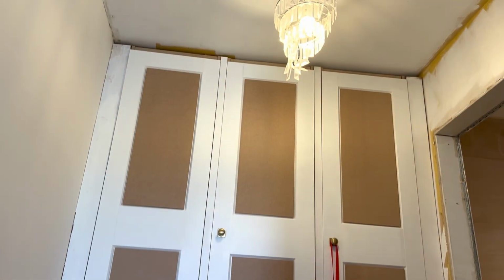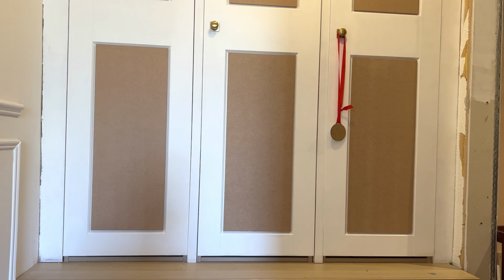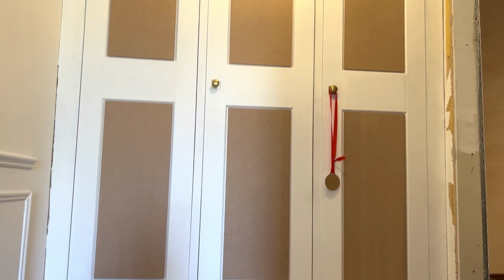Just use No More Nails. Okay, there we go, all stuck on. Simple as that, lots of No More Nails. Glued on, I'm going to let that dry, and then what I'll do tonight probably is just give that a quick prime,